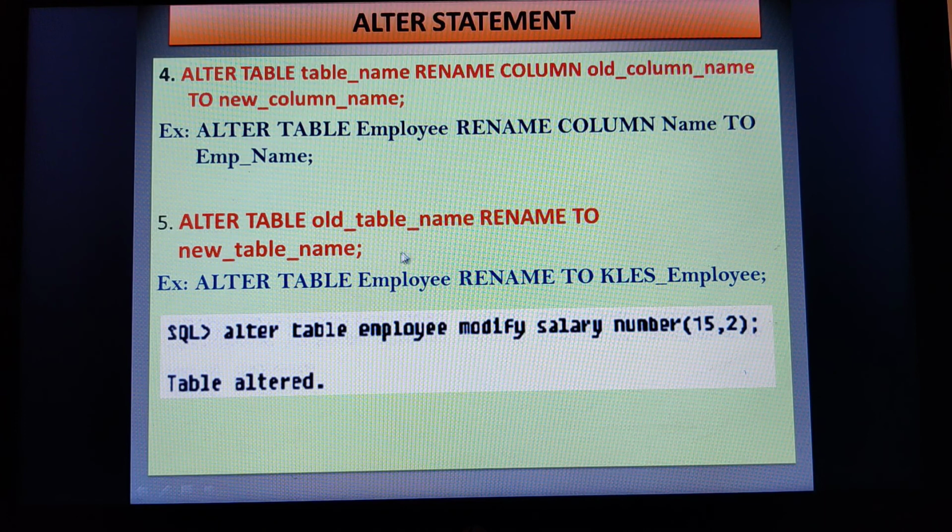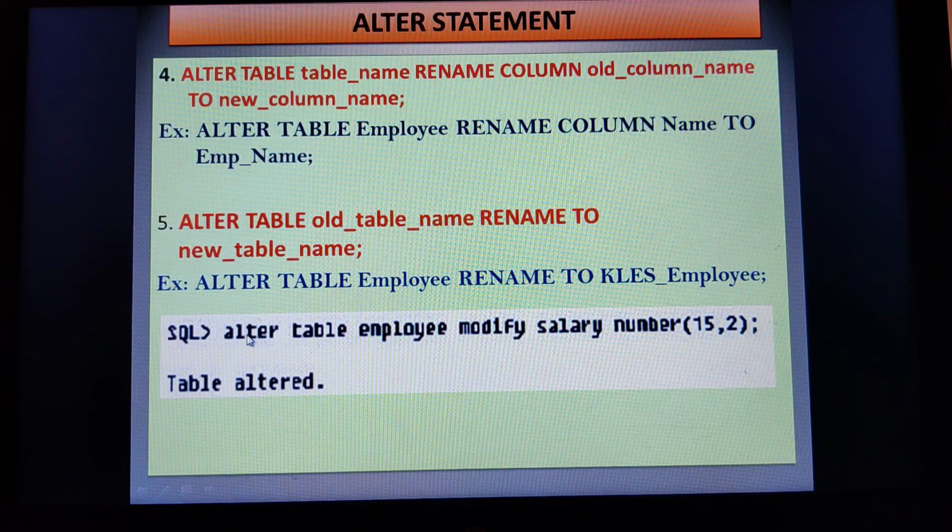Here you can see the example: ALTER TABLE employee RENAME TO KLE's employee. This is my old table name, renamed to the new table name KLE's employees. When I execute, I'll get the message Table altered. Understood? Then next time whenever you refer to your table, the name will be KLE's employee.